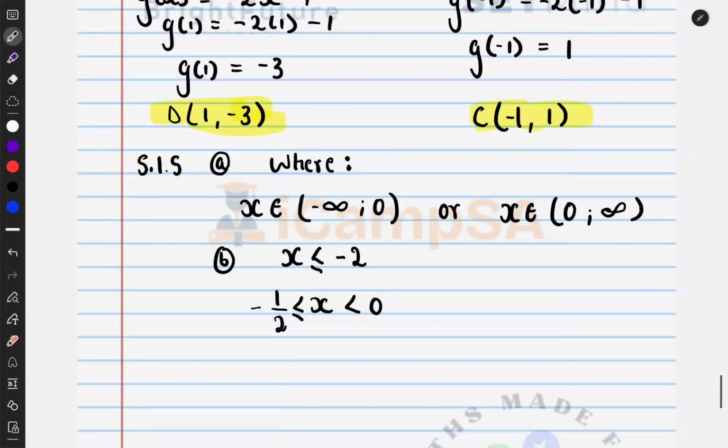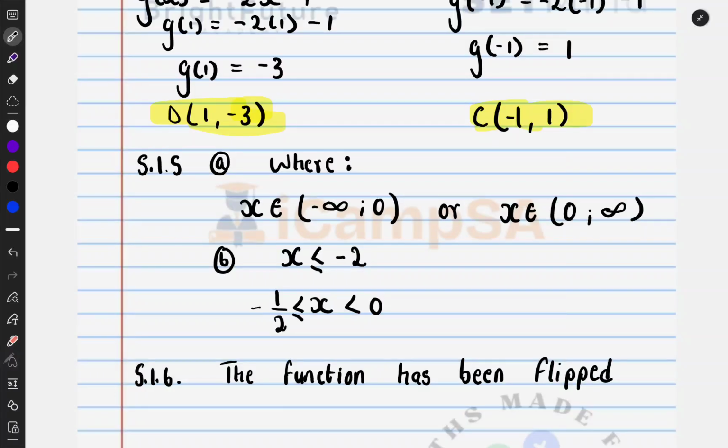So we can put that in words. It's 5.1.6. So the function has been flipped about the y-axis,